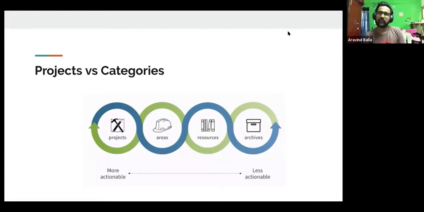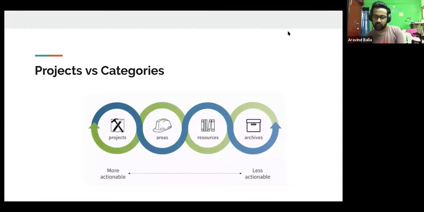Every note that I take which is a podcast episode idea gets categorized into the podcast project under the sharing knowledge area. And I also write a few technical posts and blogs on my website, so that is another project under the sharing knowledge area.